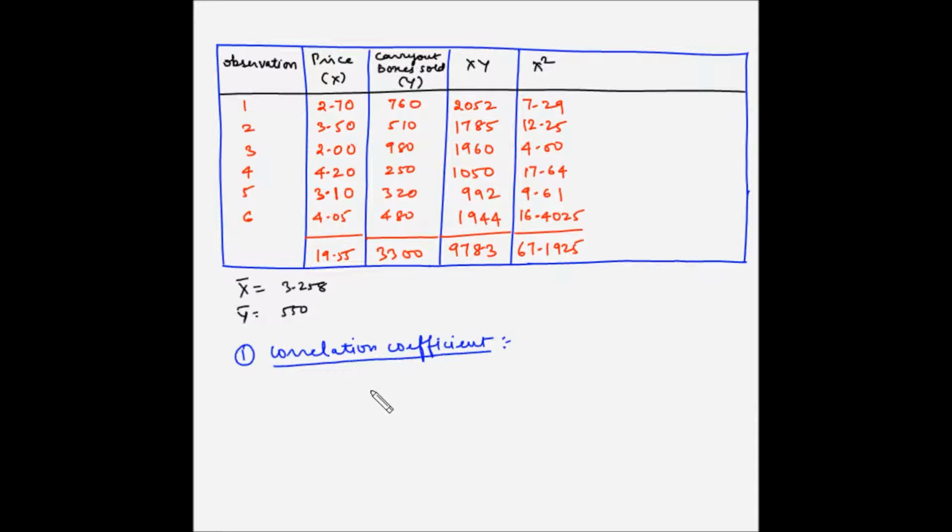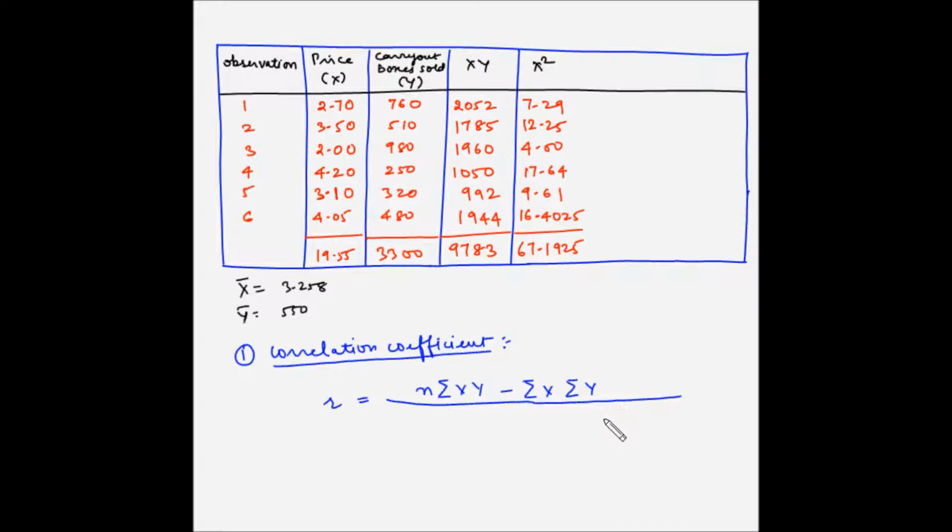Now in this example, I'll use slightly different formulas than I have used in example number 1 of causal relationship forecasting. So correlation coefficient R can be found out using the formula n sigma xy minus sigma x sigma y